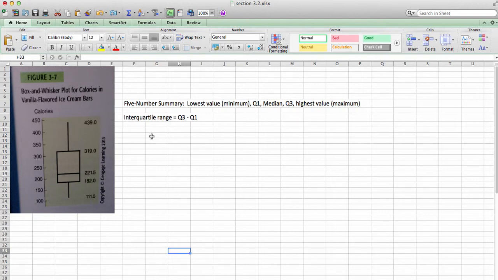The interquartile range will tell you the spread of the middle half of the data. And this is calculated by taking the quartile 3 value and subtracting the quartile 1 value from it. So let's talk about what this all means. The box tells us where the middle half of the data lies. So we see that half of the ice cream bars have between 182 and 319 calories, and the interquartile range